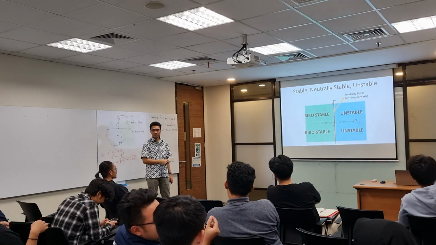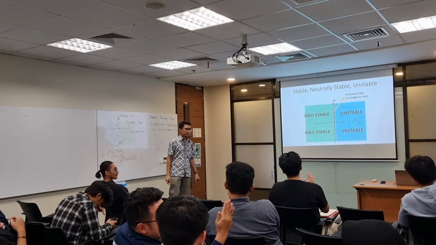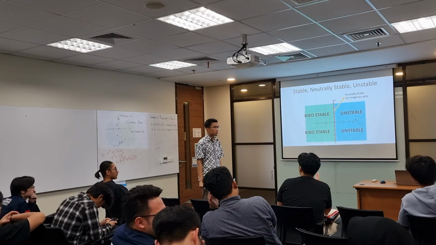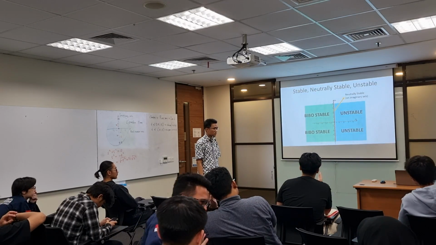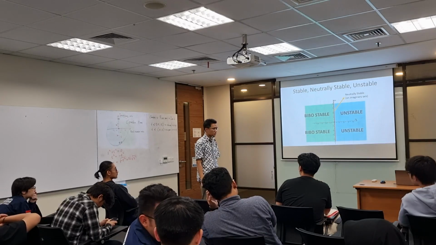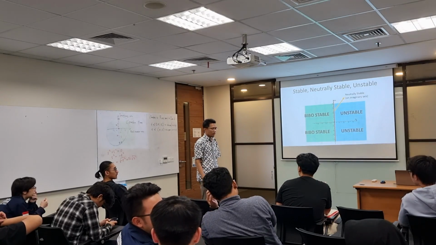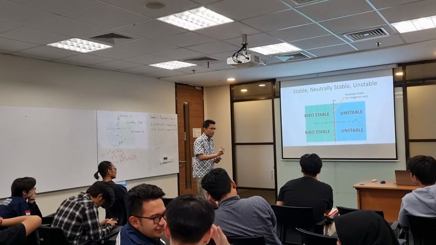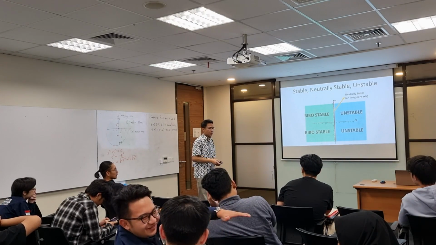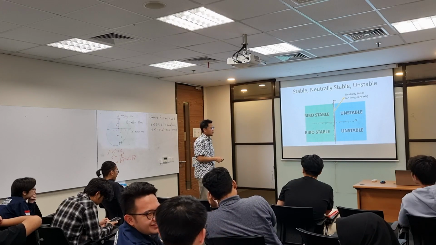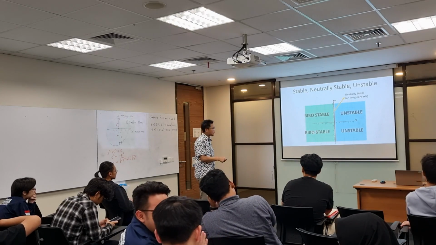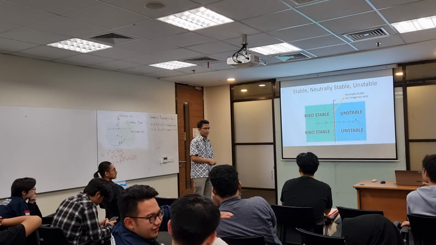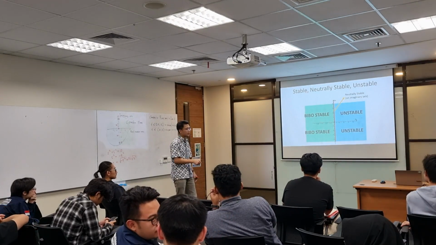Any question on this? Clear? Left, right. So if the poles are not BIBO stable, the system is unstable. Stability is referred to the system, not to the pole itself. But the system is stable if the poles are located here. If the poles are here, then the system is stable.